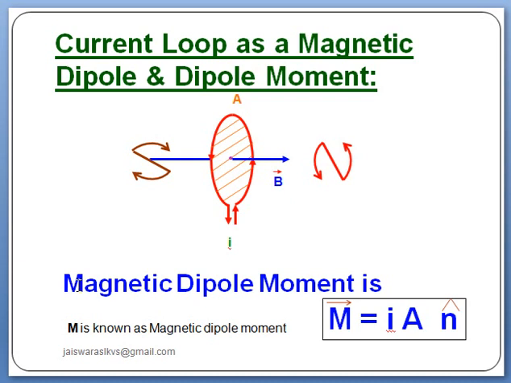Actually, dipole means there are two poles. So in a bar magnet, north and south pole is there. In case of circular current carrying loop, it also has north and south pole. So we can say that in case of circular current carrying conductor, there will also be a dipole, that is north and south. And what will be the magnetic dipole?